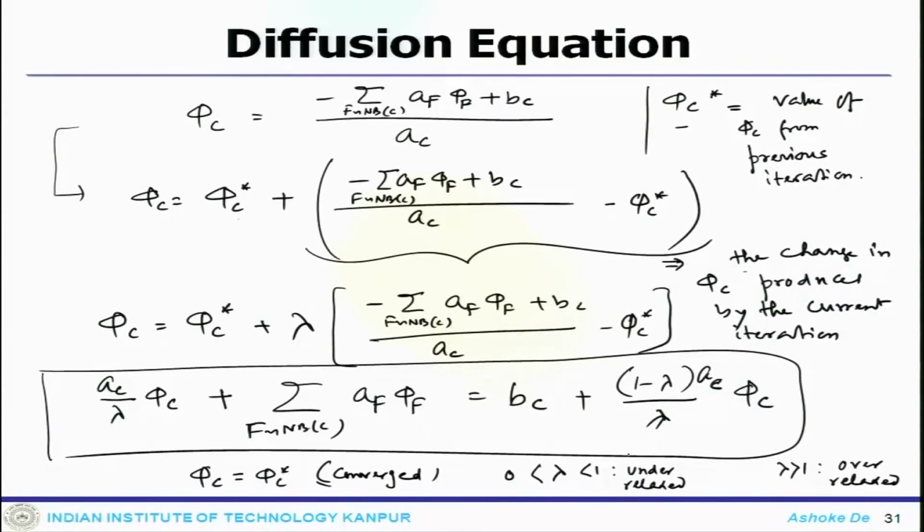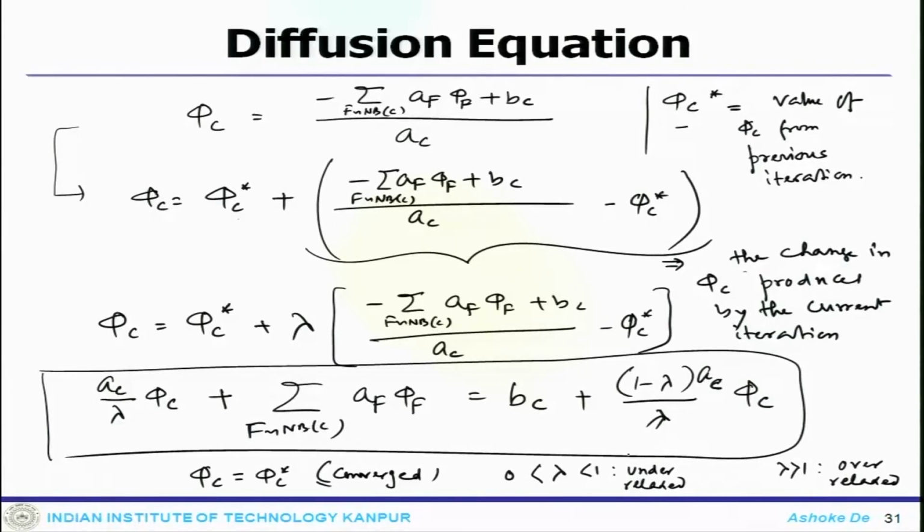It all depends on the particular equation or the physical problem that one is solving for. Now, that having said that, a value of lambda close to 1 implies that you need very little under relaxation, or close to 0 means you have heavy under relaxation. That means if someone is taking lambda equals 0.001, your system is heavily under relaxed, and someone using lambda equals 0.99 is using almost very little under relaxation.